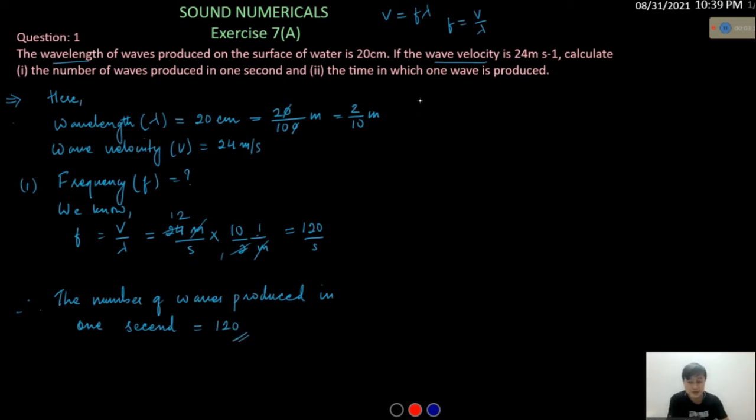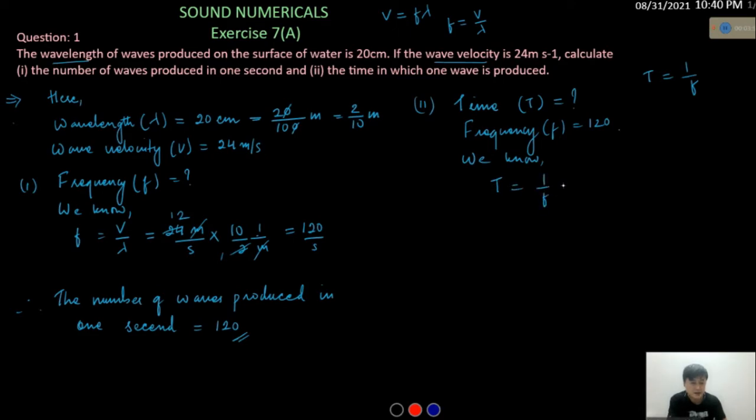Okay, and the second question says the time in which one wave is produced. So we need to find the time. Time will be considered as t is equal to how much, and we already know the frequency. We know here we have frequency f is equal to 120. Again we have to know the relation between time and the frequency. So time is equal to 1 by frequency, so t is equal to 1 by f, and this is equal